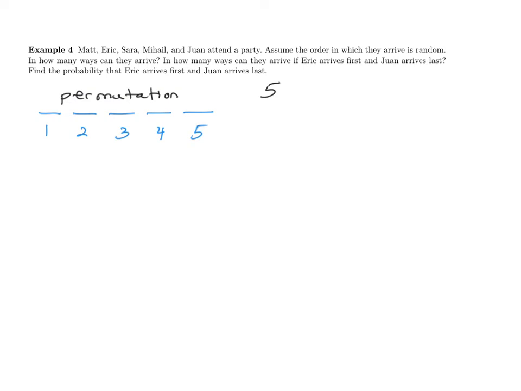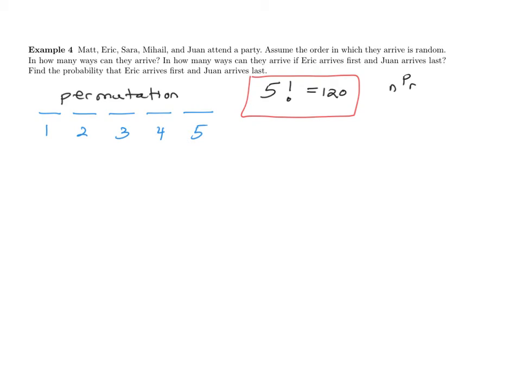Now, there was a complicated formula for this. There was n permute r, but here we're including all 5 items, and you can simply say it's 5 factorial. And that's 5 times 4 times 3 times 2 times 1. That is 120. This is the total number of ways that these 5 people can arrive at a party in